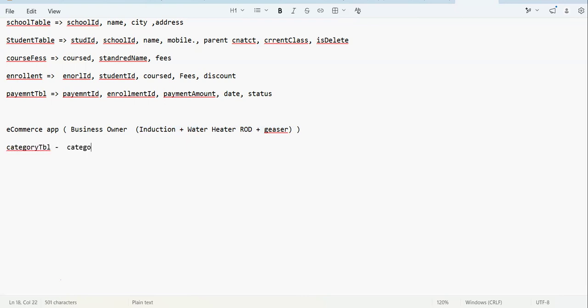So you will have category ID, then category name. No, this is a master table, no? We will just store the category. Okay. Then we will have products. This particular product belongs to which category? So product ID will be your primary key, category ID will be your foreign key. Now model name, product name,